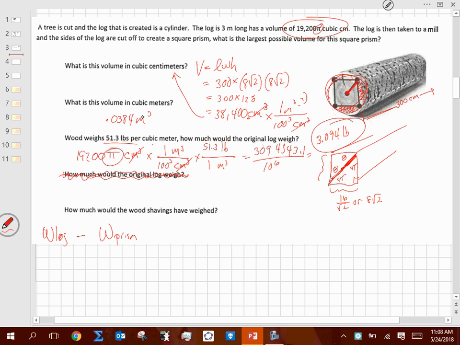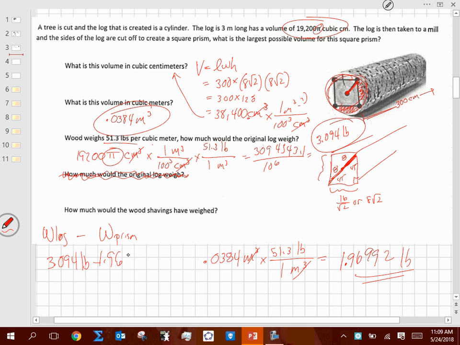Well, I already know the prism's volume right there is 0.0384 cubic meters. If I multiply that by 51.3 pounds over 1 cubic meter, that should give me a weight there. So 0.0384 times 51.3 gives me 1.96992 pounds as the weight of the square prism. Well, now I'm going to take 3.094 pounds minus 1.96992 pounds, and that will equate to,